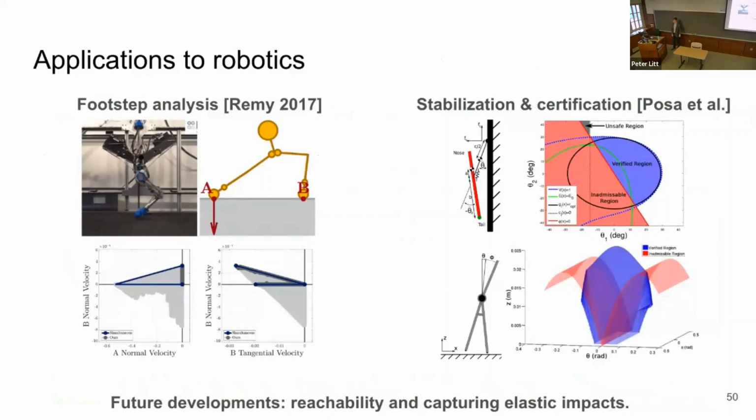And additionally, some older work by my advisor considered using models like this, but without the mathematical backing for calculating how you could compute and verify that control policies will be stable regardless of the ordering of the impacts that occur. This was applied both to a 2D glider that's making a Pershing maneuver, as well as a 2D locomoting robot that controls its torso. And we really think the most important future direction of research here is to integrate some notion of elasticity or bounciness in impacts into this type of modeling.